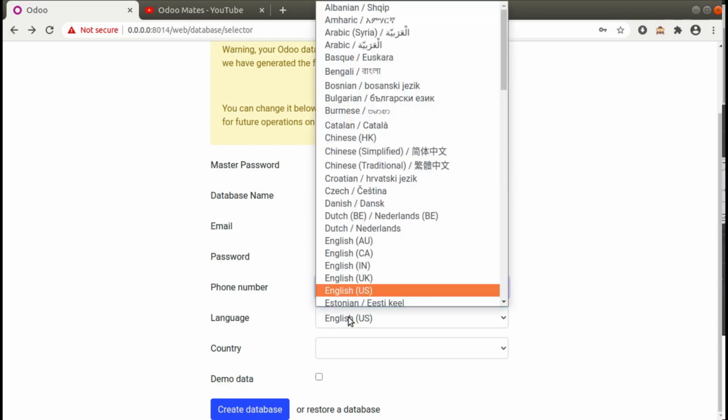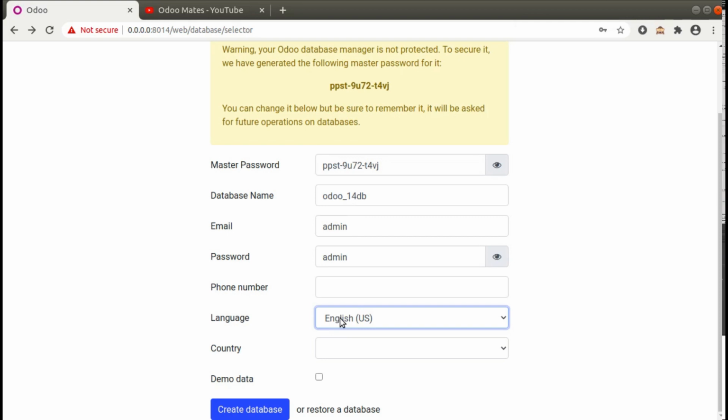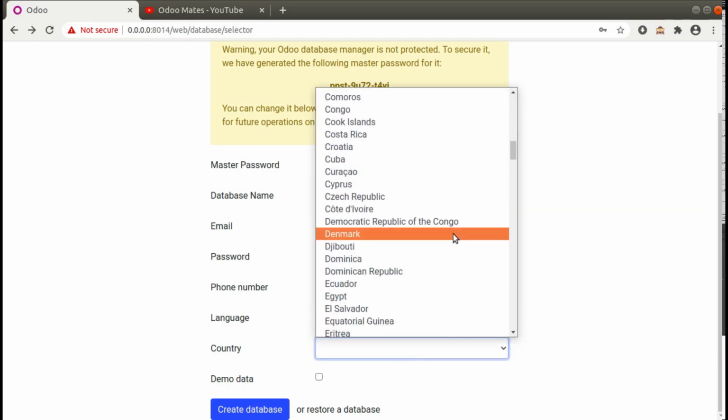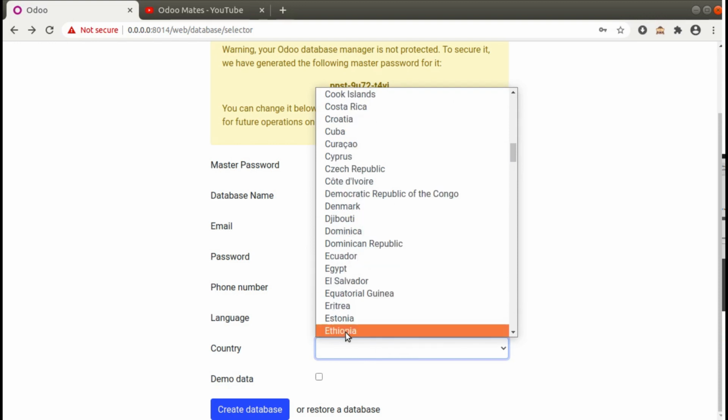Then you have to select the language. Currently I will go with English US, which is the default language. The Odoo UI will be shown based on the selected language, and if you need to change it, you can change it later. You can set your country here. Based on the selected country, the localization modules will be installed in your system. That is, if I choose a country, the chart of accounts of that country will be installed in the database.